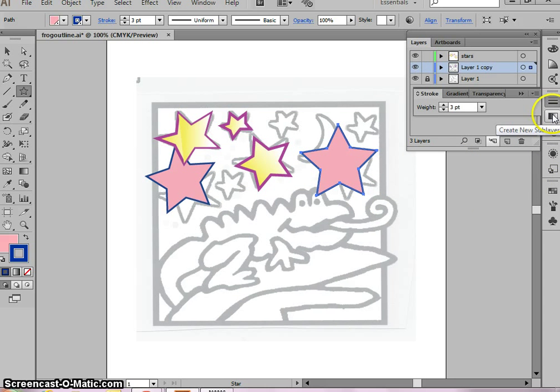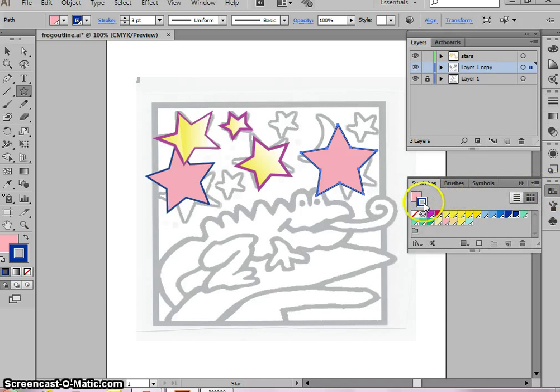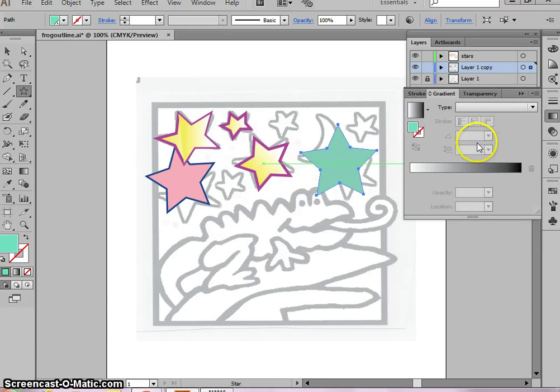But what if I want to change that gradient, that center fill color, to a different color? So I'm going to make my stroke with no color, and I'm going to make my fill maybe this color. And I'm going to go to gradient, and I'm going to select this and drag this down to my gradient scale, and you see how that changes? And maybe I want the black to go away again. I actually kind of like the black in there. I actually like it just like that. I would like that to be my sky color, actually. But I could just